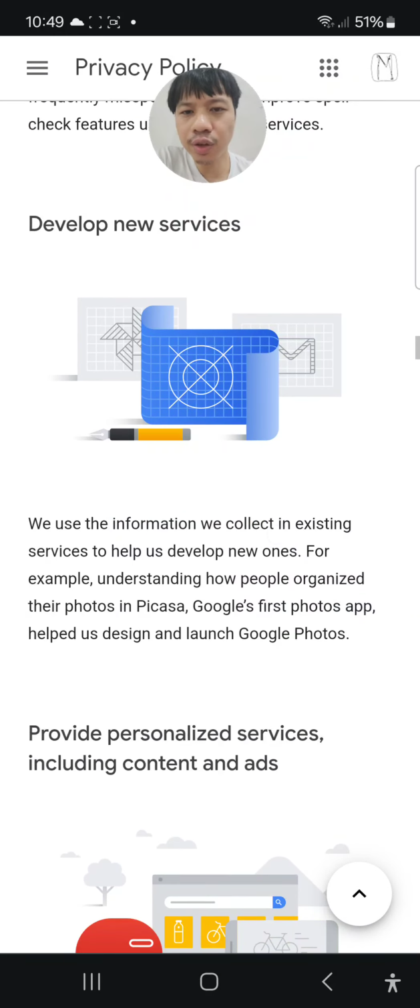All right, develop new services. We use the information we collect in existing services to help us develop new ones. For example, understanding how people organize their photos in Picasa, Google's first photo app, helped us design and launch Google Photos.